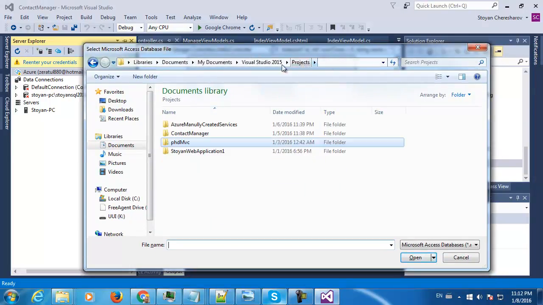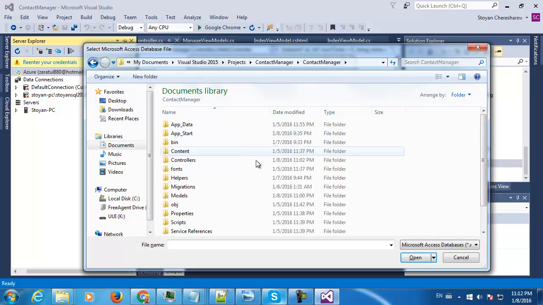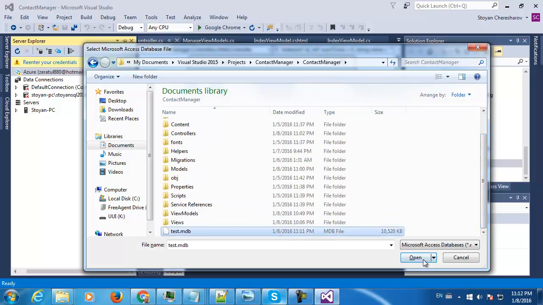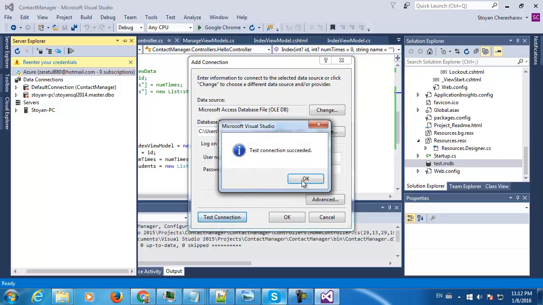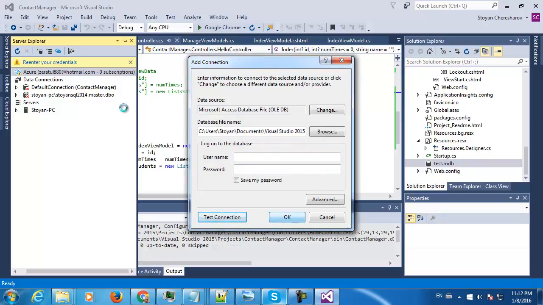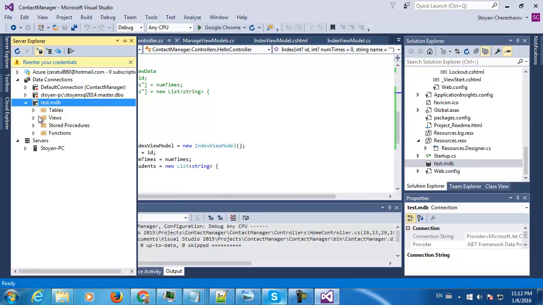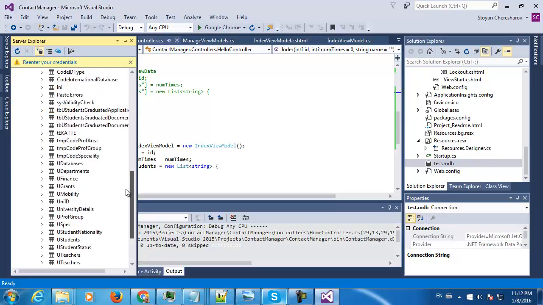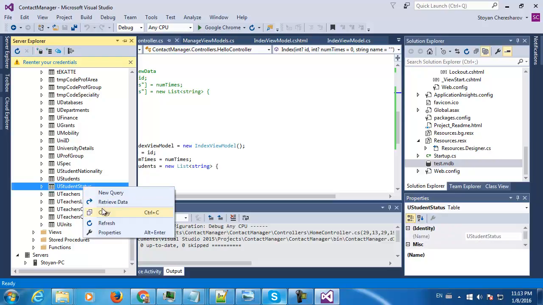I don't want this project. What's the name of this project? Contact manager. Contact manager. Test MDB. Open this file. Test connection succeeded. Okay. So now I have quite a lot of tables here. Oh, I didn't expect that many. In any case, so refresh, new query,